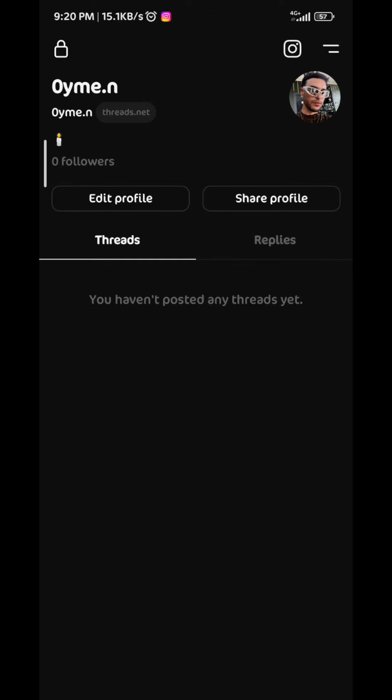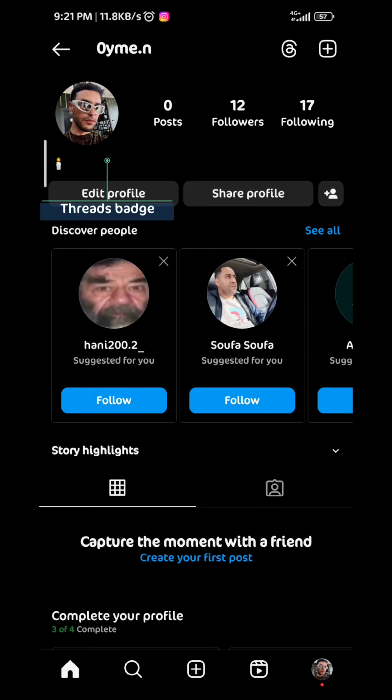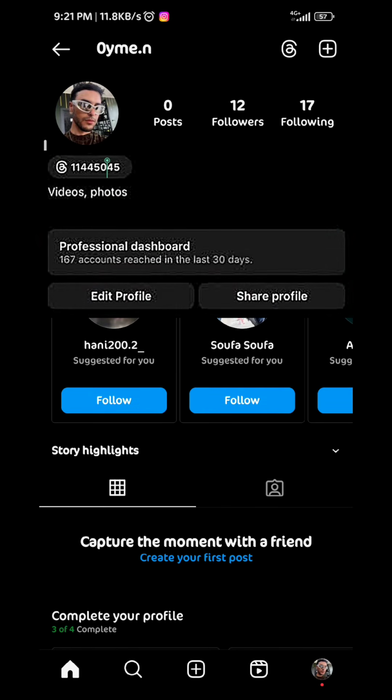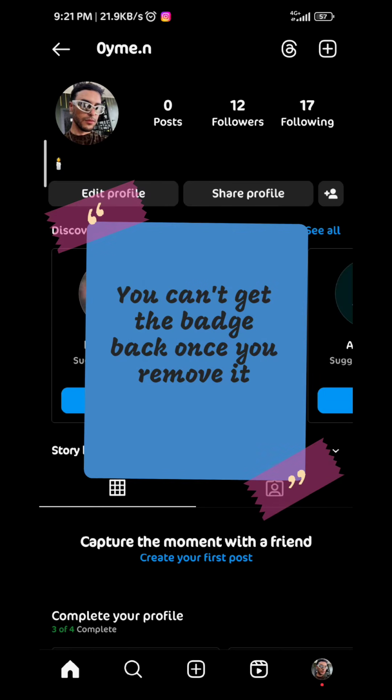Now from here, tap on the Instagram icon right here in the top. It will take you back to your Instagram profile and you should find the Threads badge right here, something that looks like this. Now if you have deleted your Threads badge before and removed it, you cannot get it back